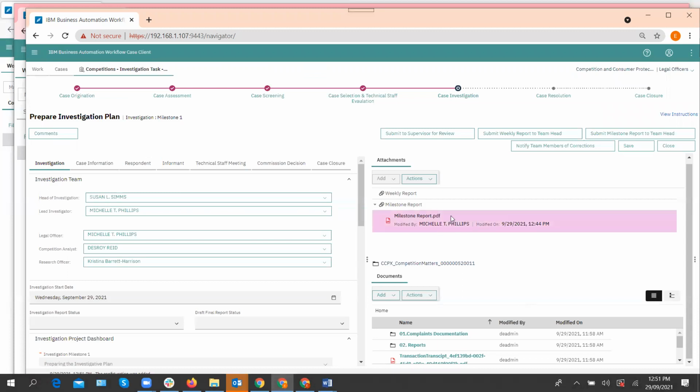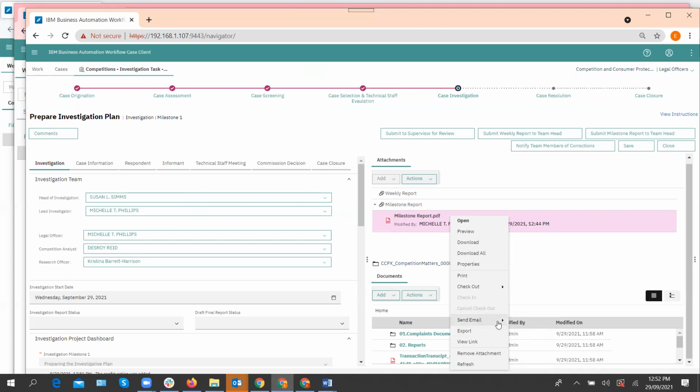And also here, we did preview. We did download, we looked at the properties, we looked at checkout and check-in. Also, if you wanted to prepare a document here and send it to the respondent or the informant without having to exit the case to go to your email, if you want to send emails, liaise with different parties external to the department, you can go here and send the email directly. So you can choose one of the documents and send the email directly here,